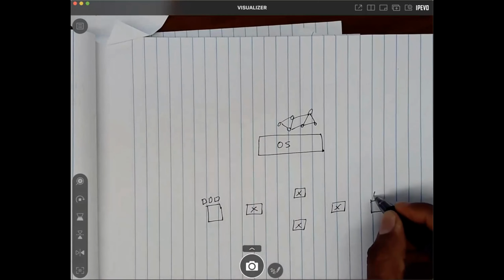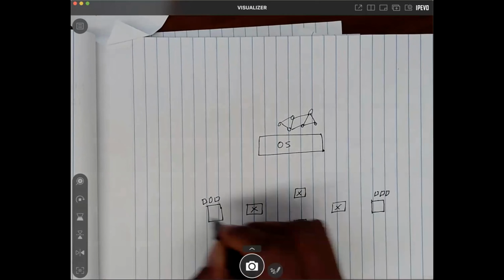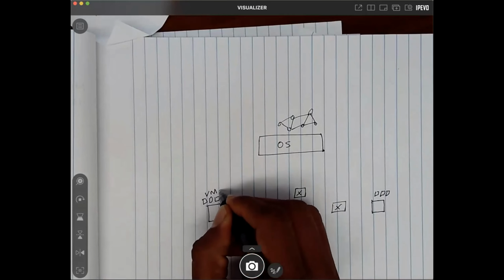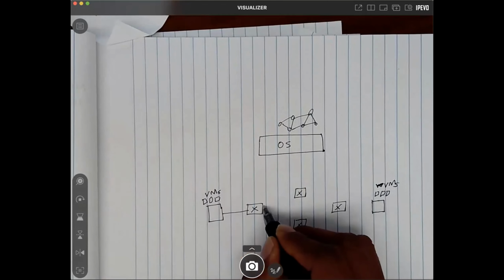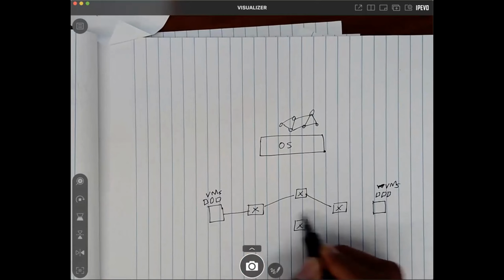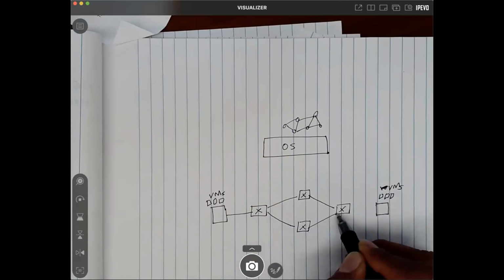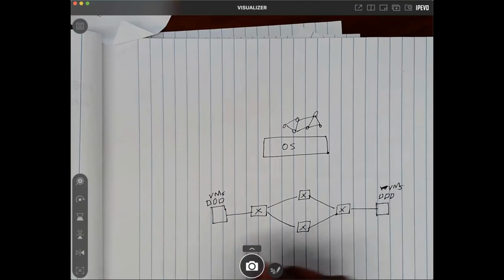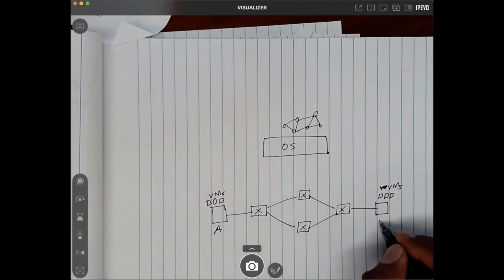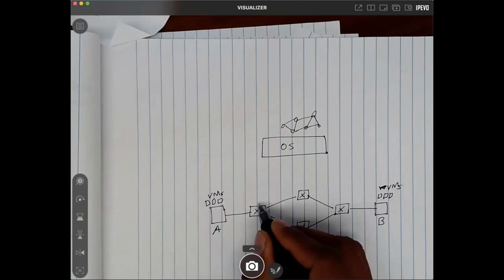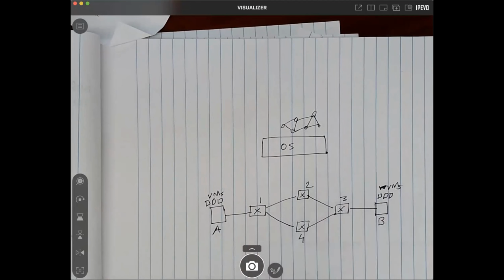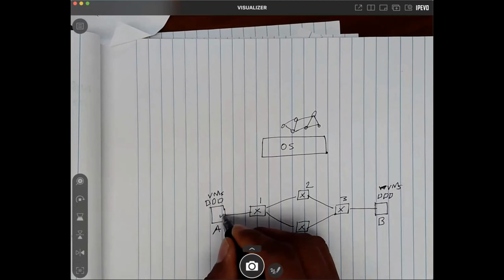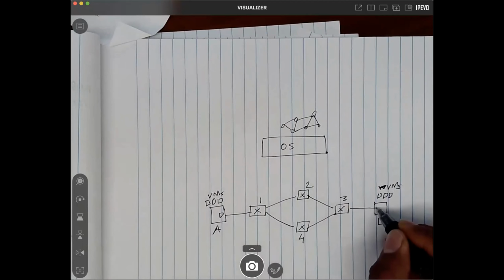I'm not really good with these drawings, so bear with me. But if anything is not clear, I can work that out. So let's try to draw some links here. Okay, so we can call this A, this is B, right? And we can call these switch 1, switch 2, switch 3, switch 4. Okay, and there's some virtual switch sitting inside the host as well.